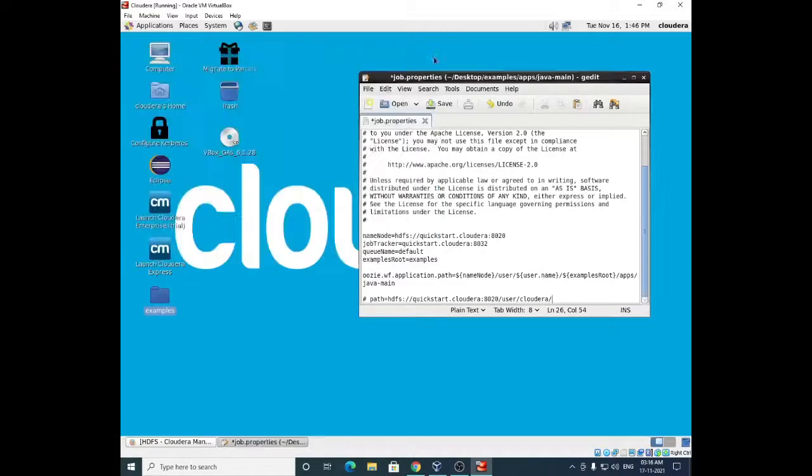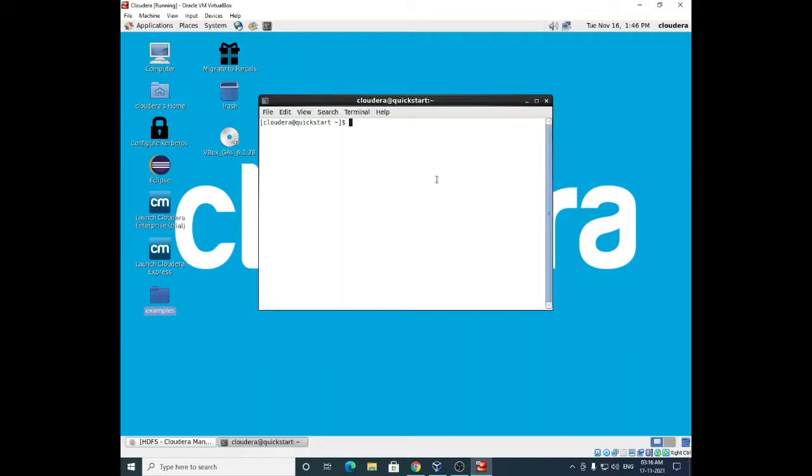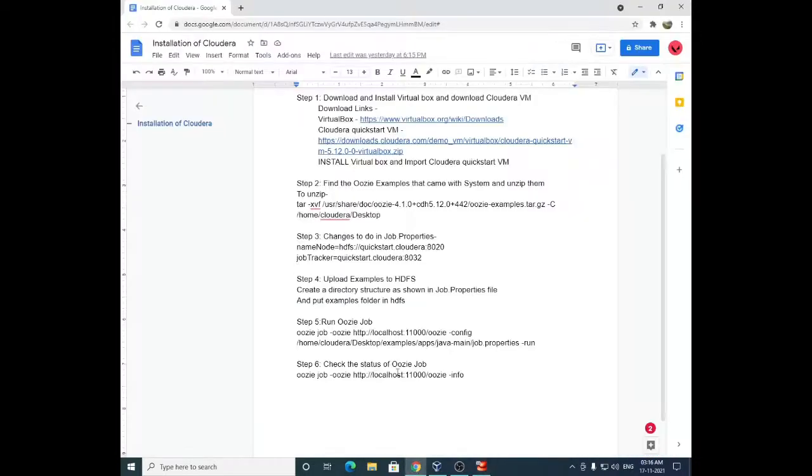So what we will do, we will just save this thing, and now we will go to our Oozie job which we have to perform. Open the terminal, come here. So we are now done with this thing. We put the examples folder inside the HDFS. Now we have to run this command,